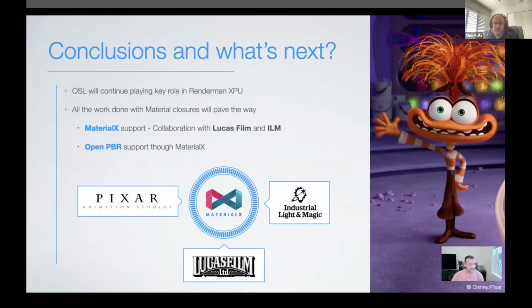And last but not least, as a conclusion, and talking a bit more about what's next for RenderMan XPU related to OSL. Let me be clear. For us, for RenderMan XPU, OSL will continue to play a key role as a key part of the renderer. And all the work that has been done and is being